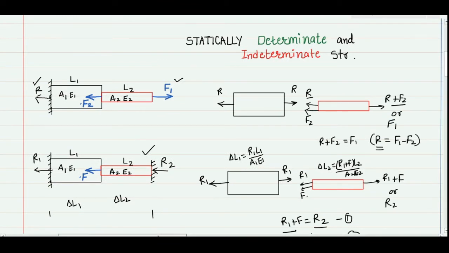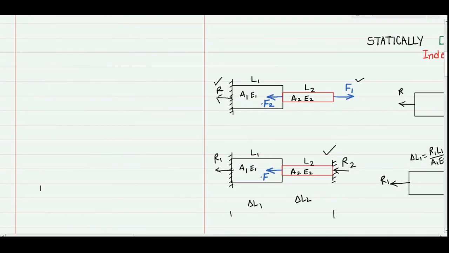The same can be seen in the case of beams. For example, if I have a simply supported beam, one end will be the pin end, and the other end will be a roller end. So there will actually be three reactions, and if I write the equations for the horizontal and vertical force balance as well as the moment balance, I will be able to get the three unknowns. So these would be my three equations, two force balance, one moment balance, which will give me all the three unknowns.